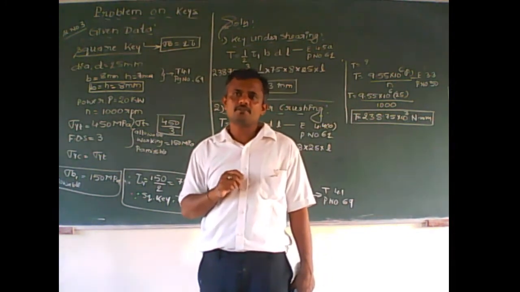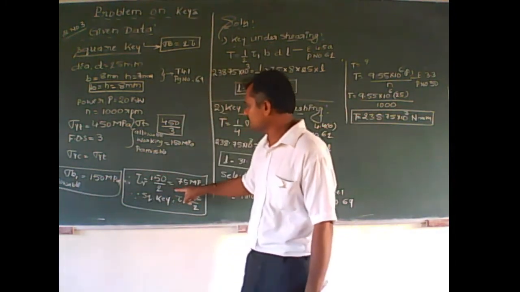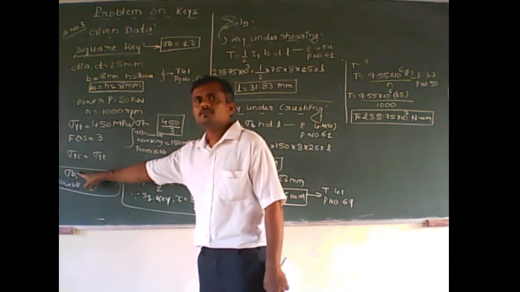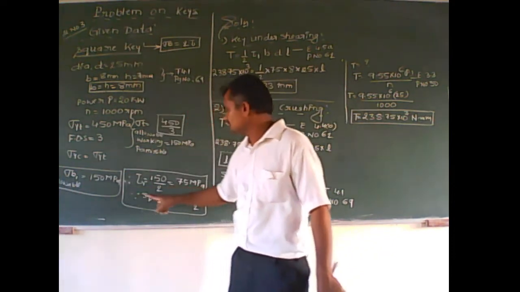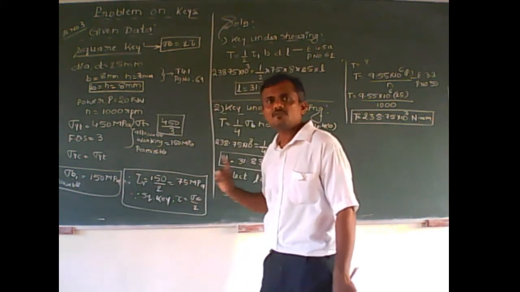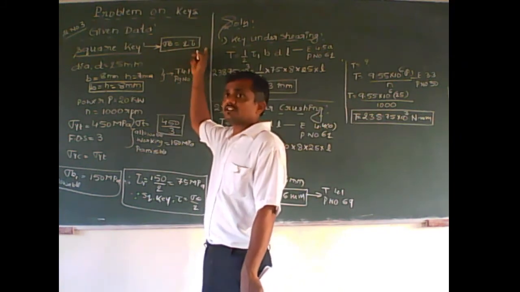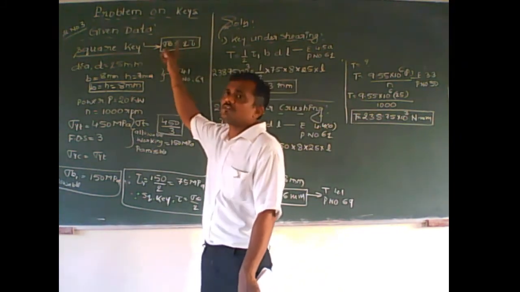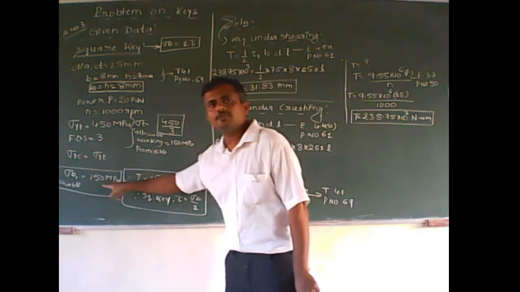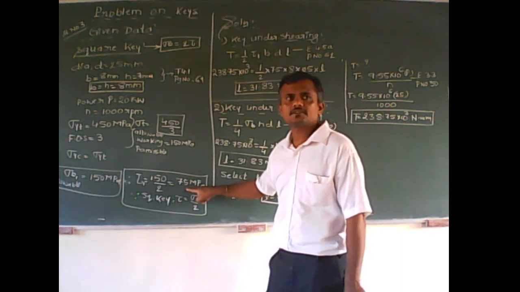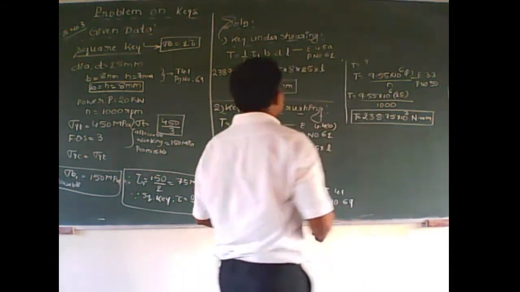Crushing stress sigma B1 is equal to 150, and afterwards again you come here. If for a square key the crushing stress is 150, then the shear stress will be half of that. As I said, crushing stress is equal to 2 times shear stress, then shear stress is equal to half of the crushing stress. Then we are getting crushing stress as 150 MPa and shear stress as 75 MPa. With these things, we shall move on to the solution part.